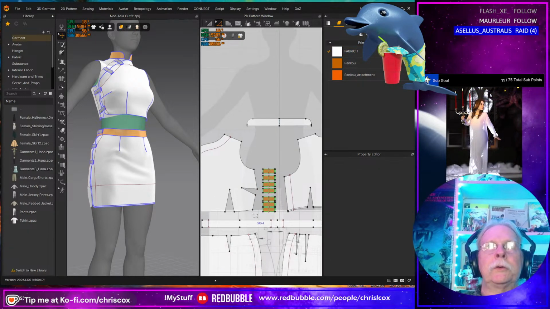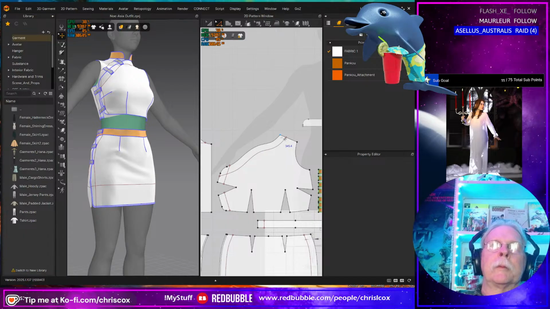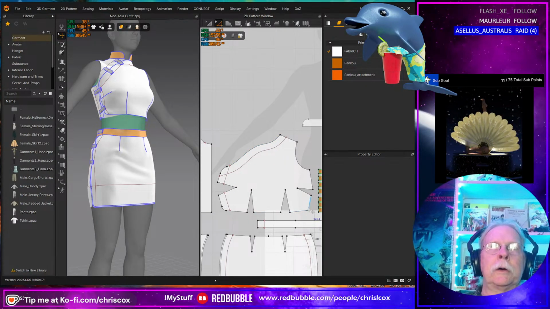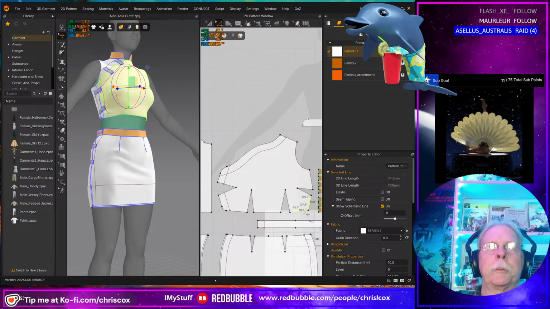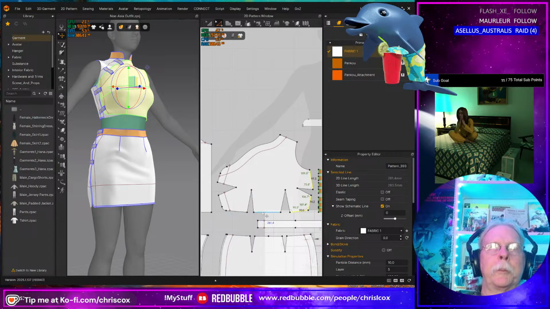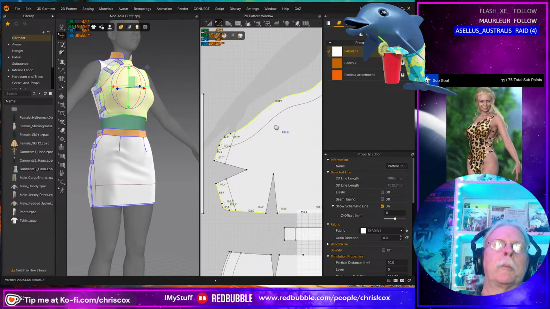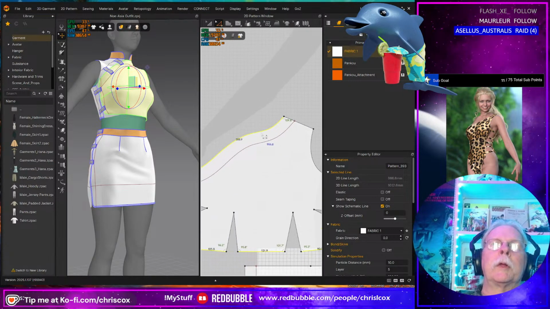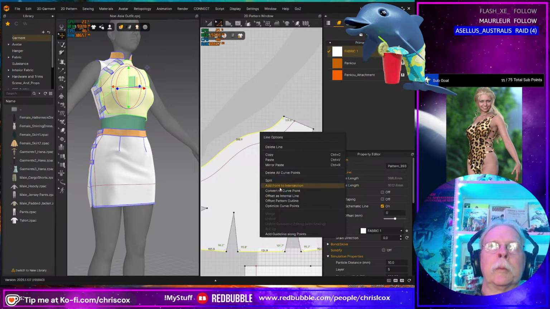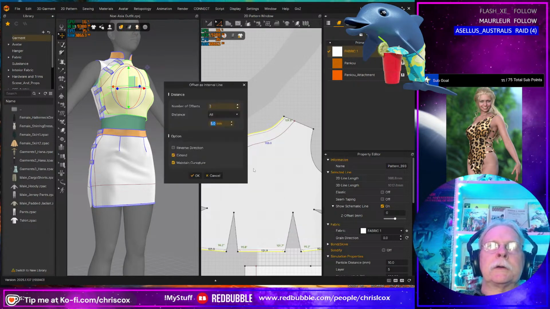All right, so this is going to come through here, down through here, around, and back. Like that. Offset as an internal line.